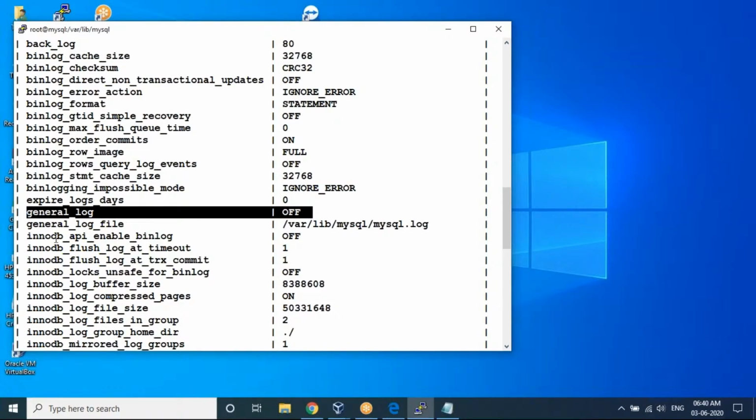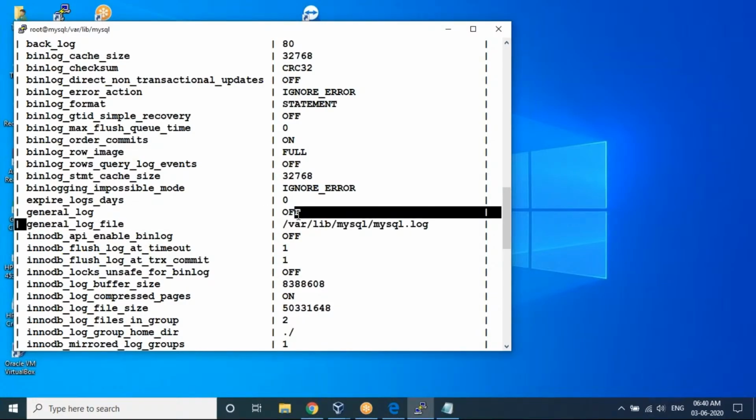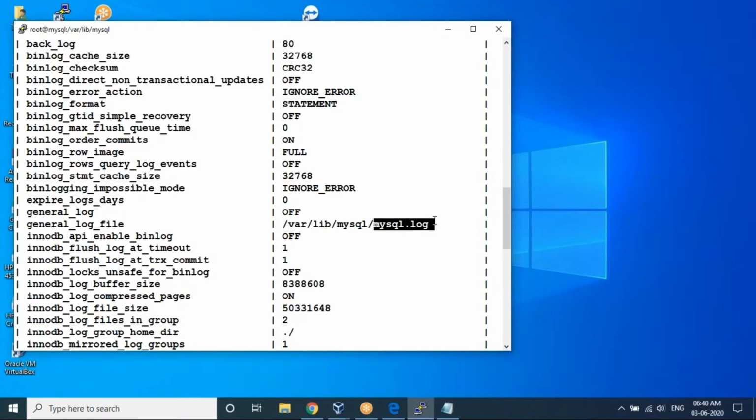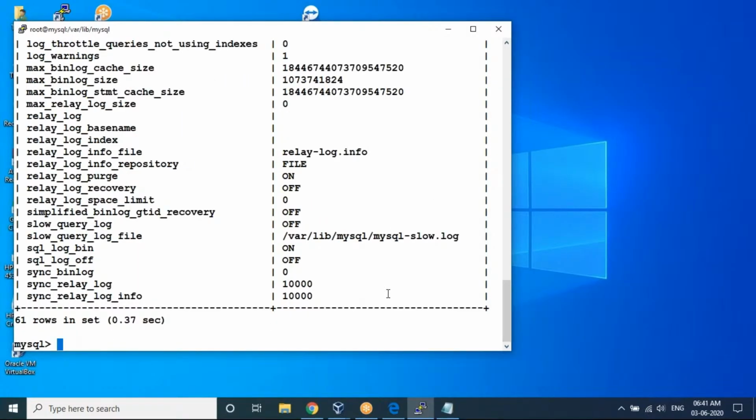If your general query log file is turned on, you can see it will go in /var/lib/mysql, and your file name will be created as mysql.log. If it is enabled, this is the file name you will be getting. By default it is turned off. So let me go and